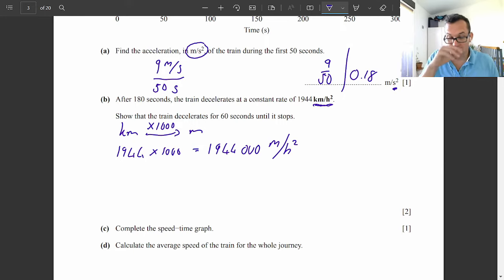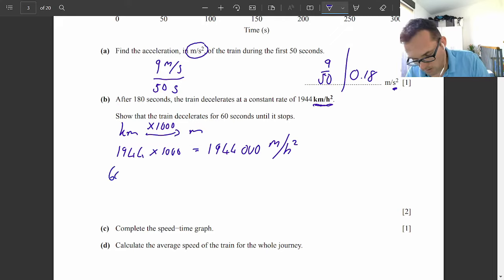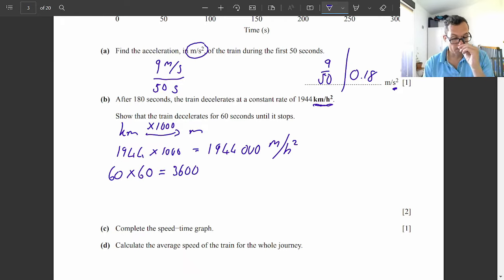Okay, now we need to change the hours to seconds. So how many seconds in an hour? Well, there's 60 seconds in a minute and 60 minutes in an hour. So that gives us 3,600 seconds in an hour. Now that hour squared is division, below the line. Okay, so we're going to have to do